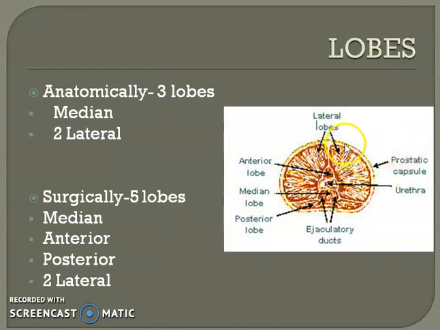Lobes of the prostate. Anatomically and surgically, there are different lobes of the prostate. Anatomically, there are only 3 lobes, that is the median lobe and 2 lateral lobes. Surgically, it is divided into 5 lobes: the median lobe, anterior lobe, posterior lobe and 2 lateral lobes, of